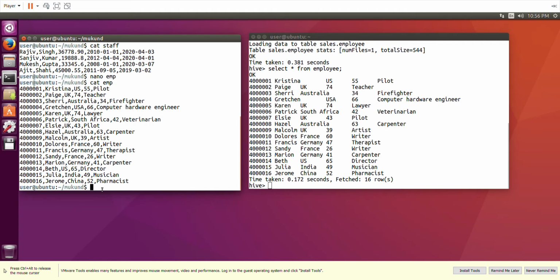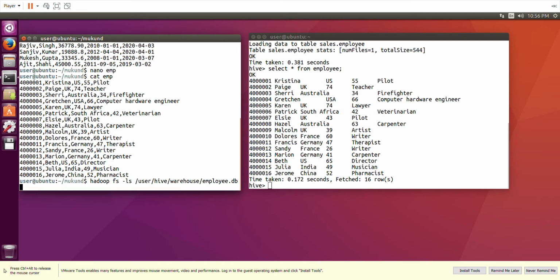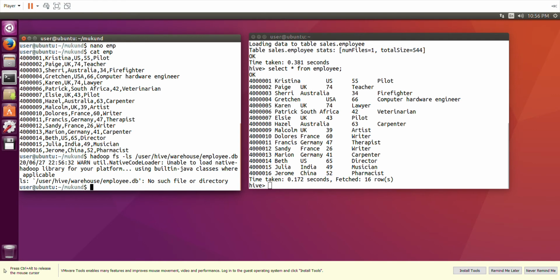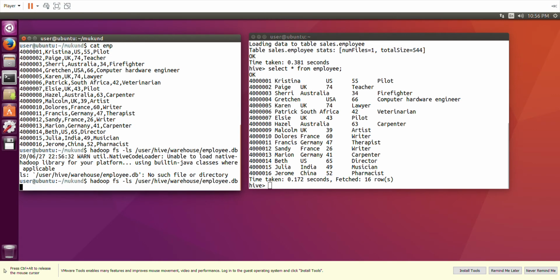So we say here hadoop fs -ls /user/hive/warehouse, and in warehouse we have employee.db. Let us see whether it has created something like that. Okay, so it is saying no such file.